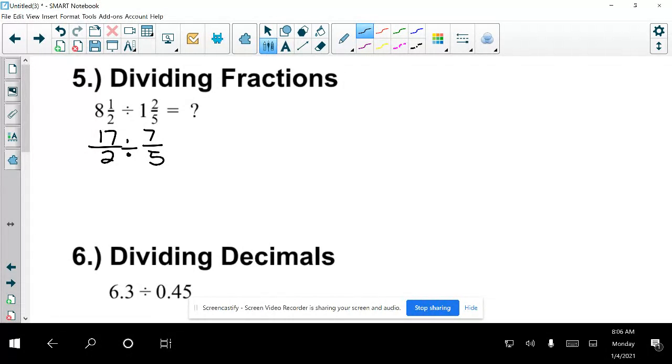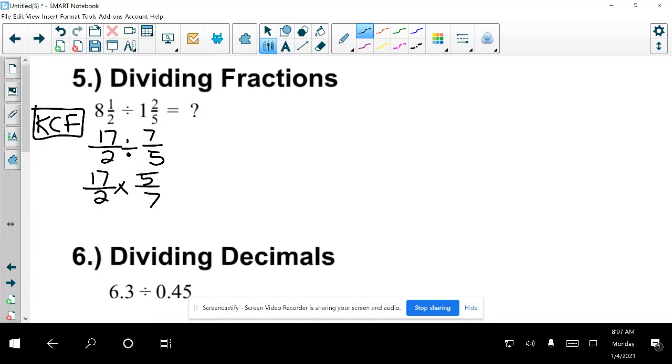Now, is anything coming to you yet? Now we remember. Gavin, what do we do? Keep, change, flip. Okay? Keep, change, flip. Don't forget keep, change, flip. That means we keep the first fraction the same, we change to multiplying, and we flip